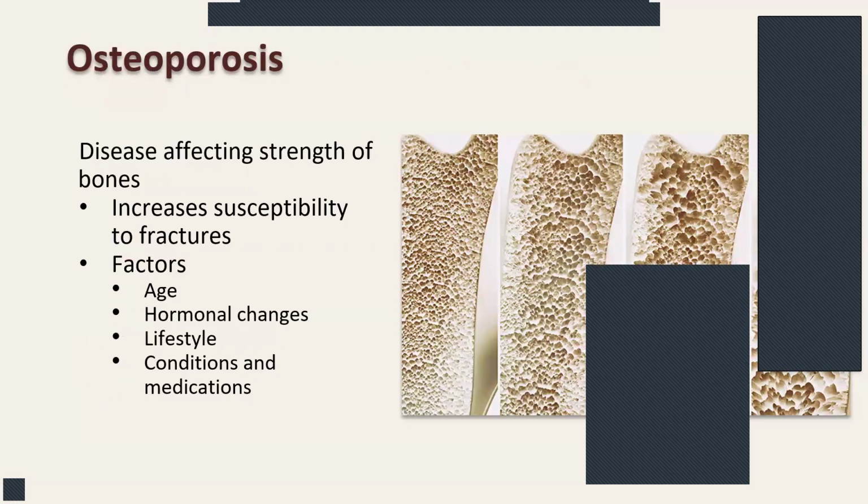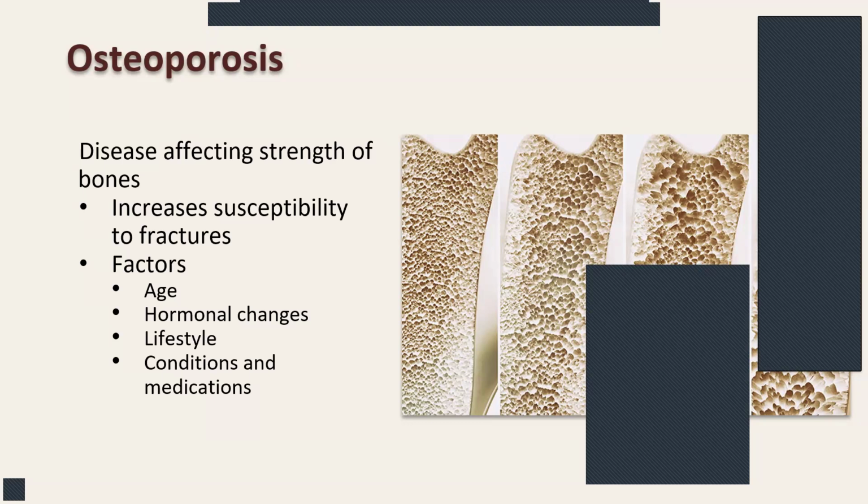So next up, I want to briefly talk about osteoporosis, which we have talked about in the past. If you have not been involved in one of our talks on osteoporosis, I believe that class is on our YouTube page. But osteoporosis is a disease that affects the strength of the bone. As you can see in this image here, there is healthy bone on the left, all the way to severely osteoporotic bone on the right, which has fewer porous areas as opposed to lots of little tiny ones, but they're larger. And what happens is it makes the bone very brittle,